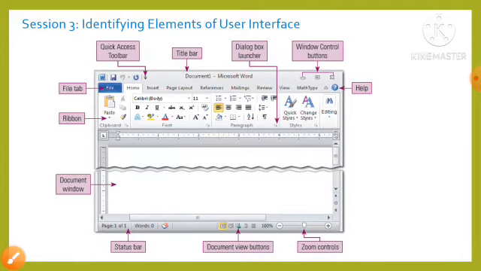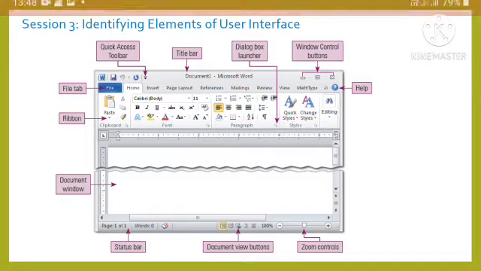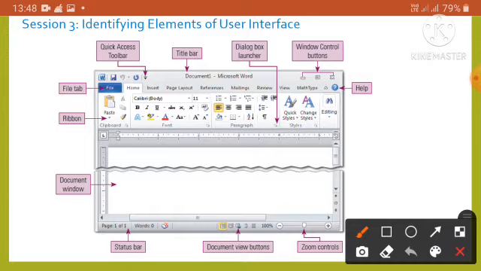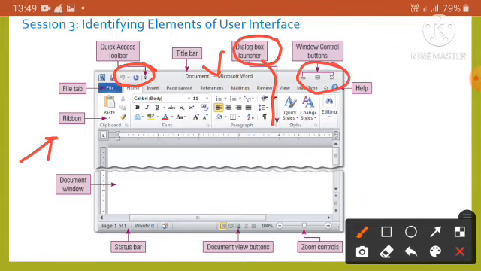Now we will identify the elements of the user interface. The user interface of MS Word 2010 is shown here. Look at this figure carefully. Quick Access Toolbar. This bar is known as the title bar. This is the dialog box launcher. These are known as window control buttons.